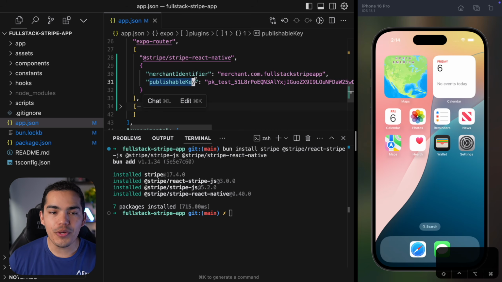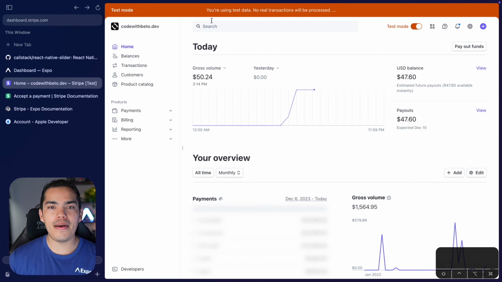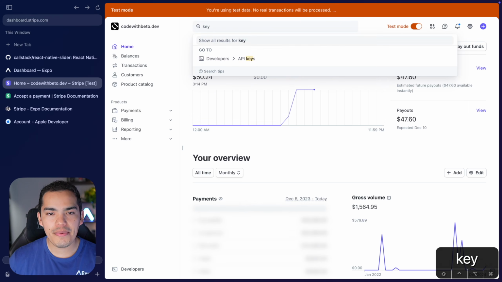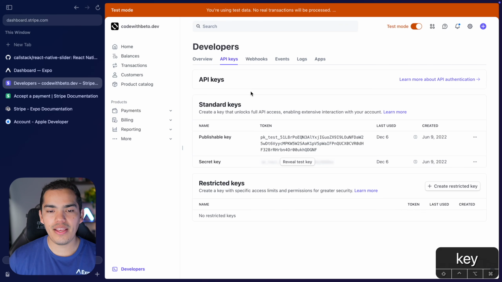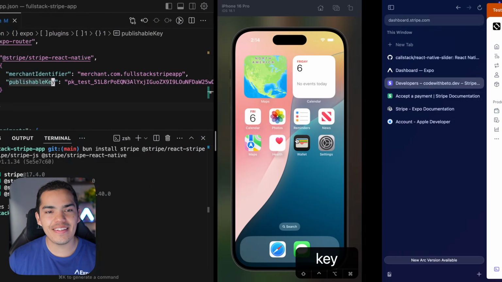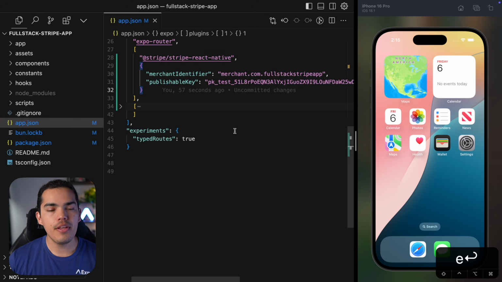And just to show you where you can get this key, you can get it by just going to your Stripe dashboard and just type key, and you'll find these API keys for developers. And this is my publishable key. So you can just click in here and copy it, and then go back in here and paste it in here. Okay, so I'll close the terminal for now. We need to do